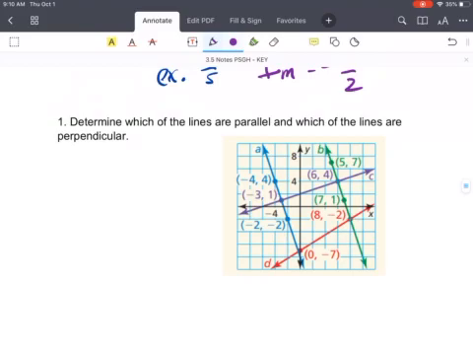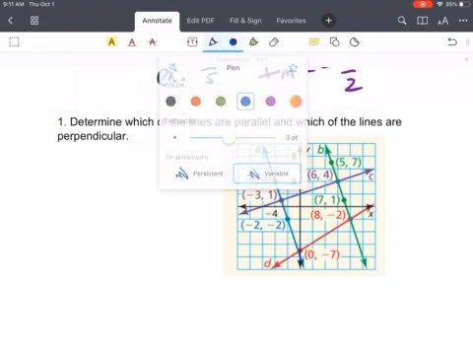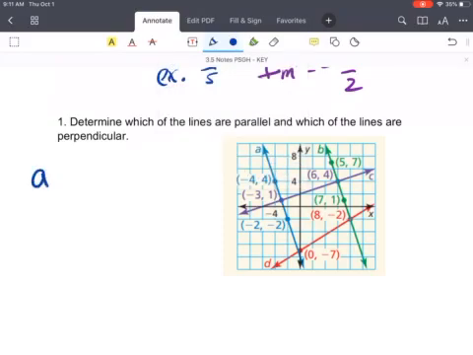So in order to determine whether the lines are parallel or perpendicular here, we need to find the slopes of all of the lines. So go ahead and take a second here to plug in the ordered pairs along each line. They're color-coded here, so the blue, the green, the purple, and the red. When I plug in the